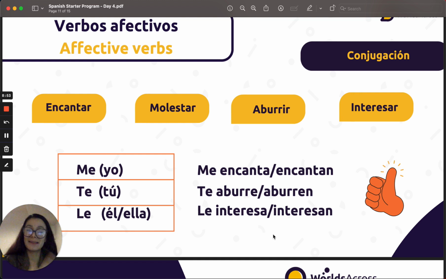Me gustan esos zapatos, or I love those shoes, me encantan esos zapatos. Since it's plural, I have to use an N, okay? The same would apply for te and le for him or her, okay?